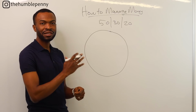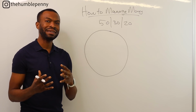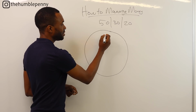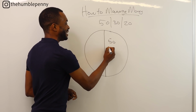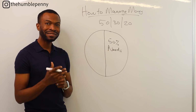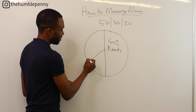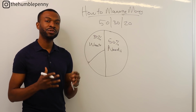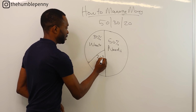So the 50-30-20 rule is essentially a very simple approach for allocating your net income. What it says is that you should allocate 50%, so half of your money, to needs. So 50% of your money should go to needs, 30% should go towards wants. Okay, so let's just do that. Assume that there is 30%. And the remaining 20% should go towards your savings or paying off some debt. Okay, let's put that there. 20%